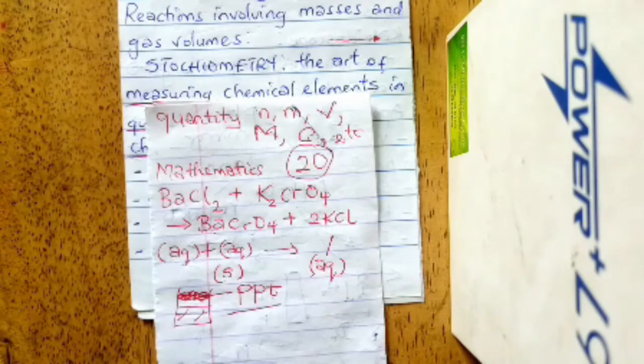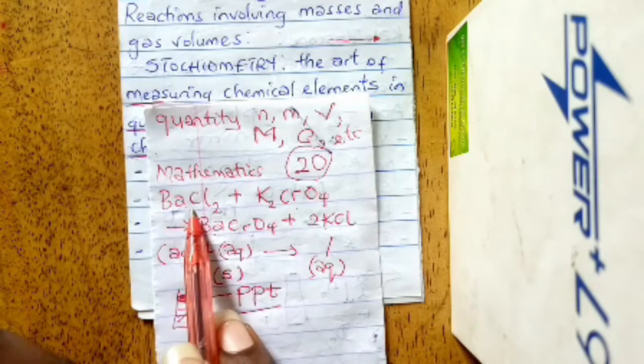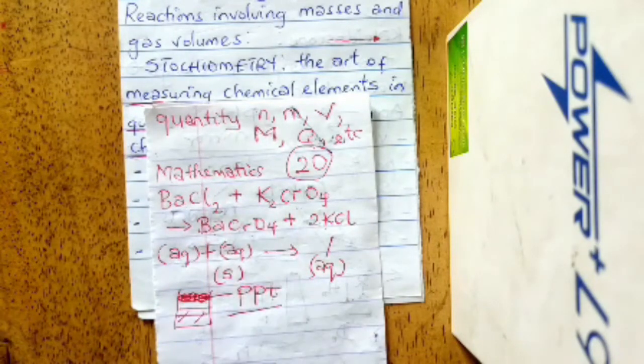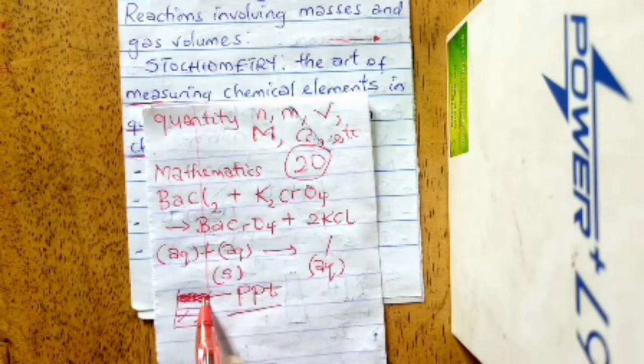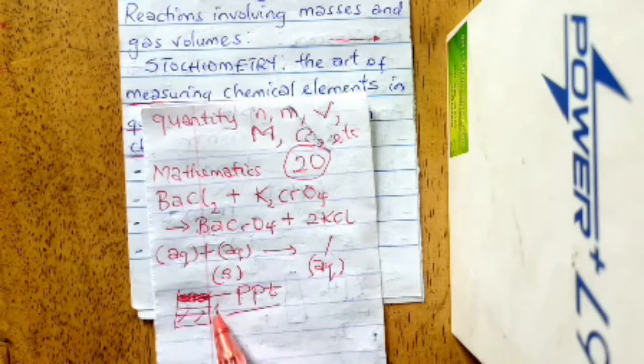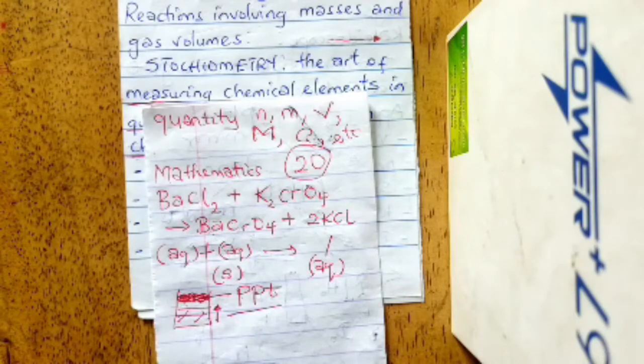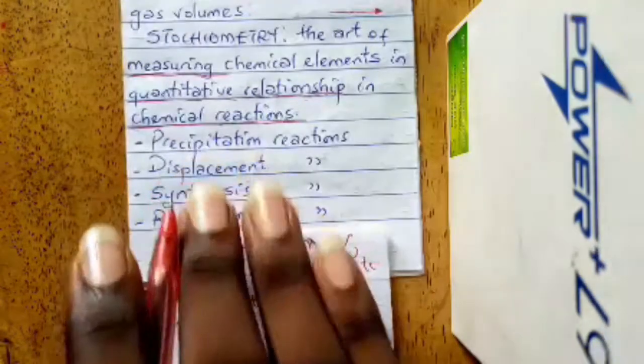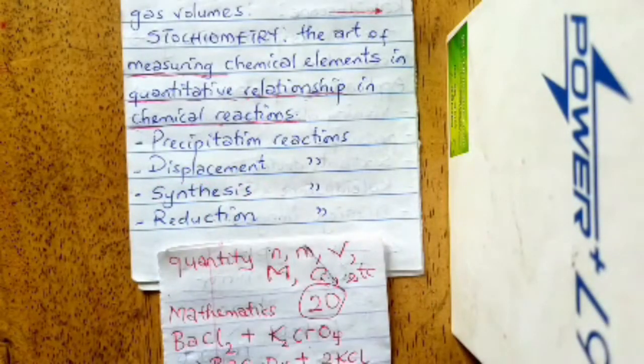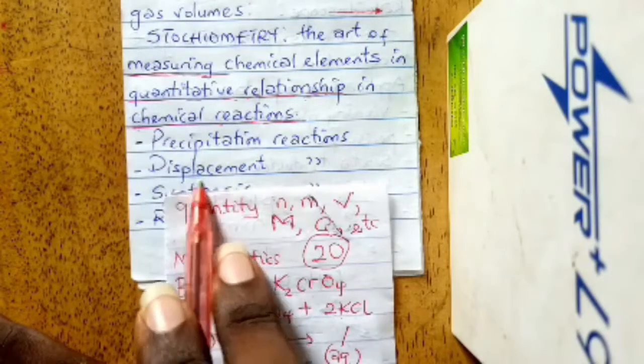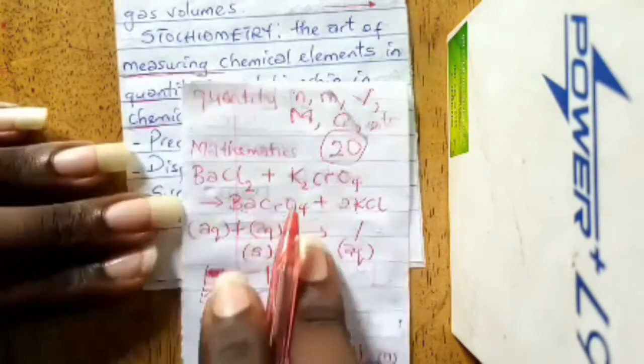In which case you have to study the amounts of reactants that occurred in the reaction, their concentration, the number of moles, the volume, to be able to calculate the amount of these precipitates which came out of this reaction. So this is as a result of the knowledge of stoichiometry. So also we have displacement reactions. Now talking about displacement reactions,